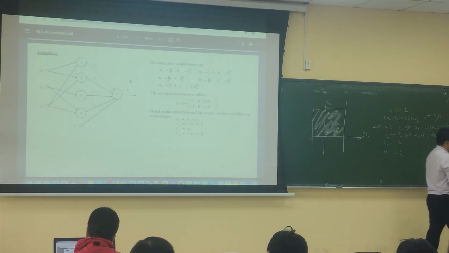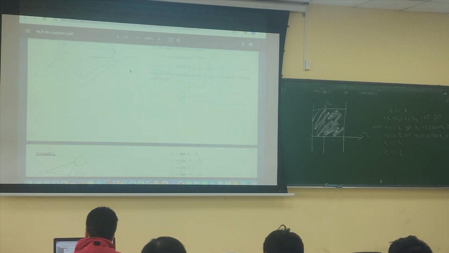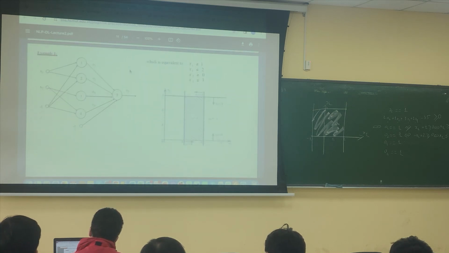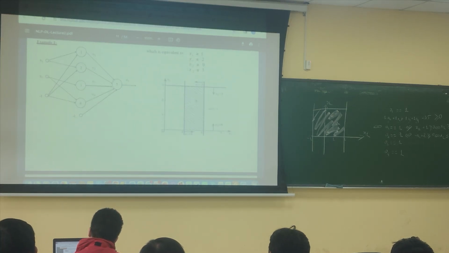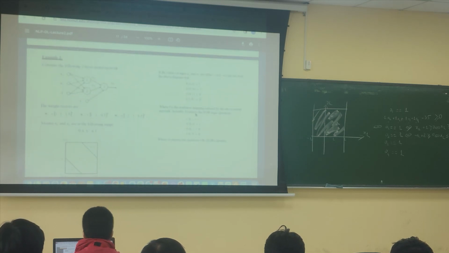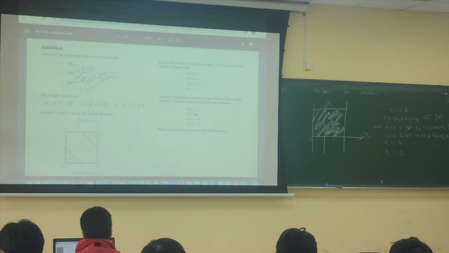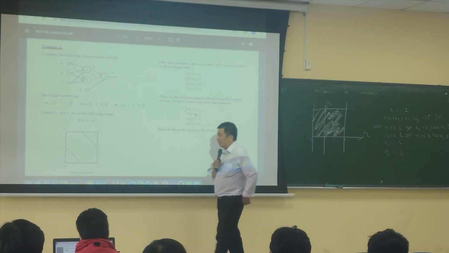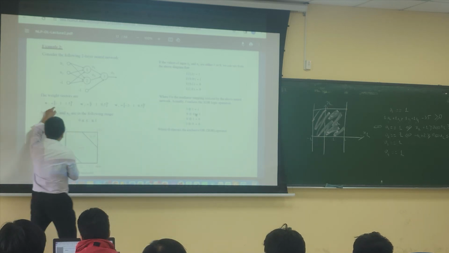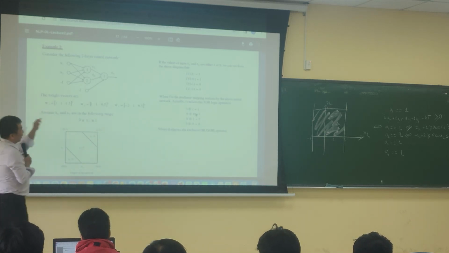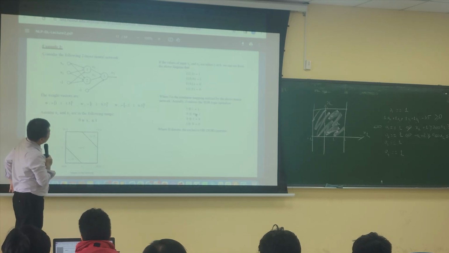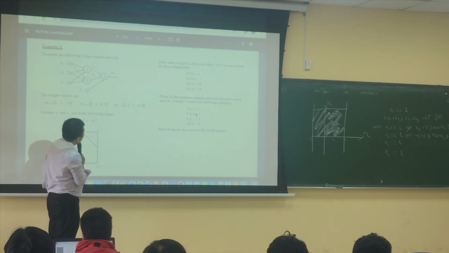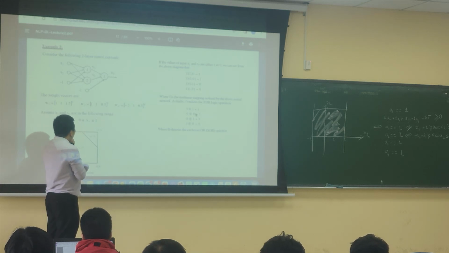Now we move into another, more interesting and more practical example. Okay, now how do we solve it? You know how to do it. This is the submit test and this is minus 1, not 1, so you see why we have the result. Now we move into another example. In this example, the meanings of the weights are the same, and for the activation function, similarly, we also have minus 1 and 1.